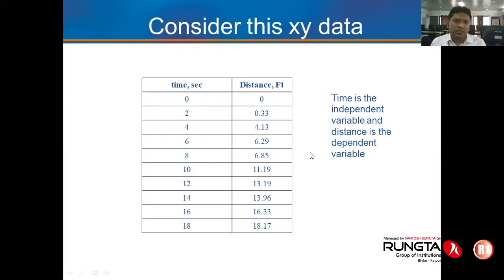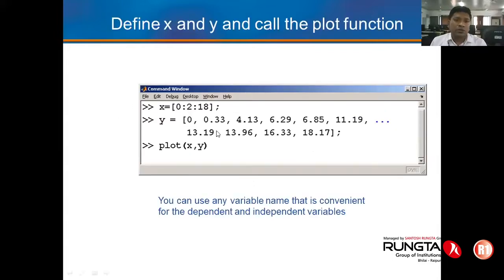Time in seconds and distance in feet. So time is the independent variable and distance is dependent on time. You can define this variable, like X is defined between 0 to 18 with an increment of 2, and the Y values are the measured distance with respect to time.